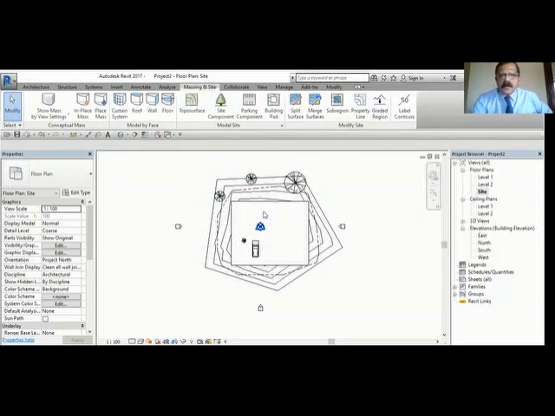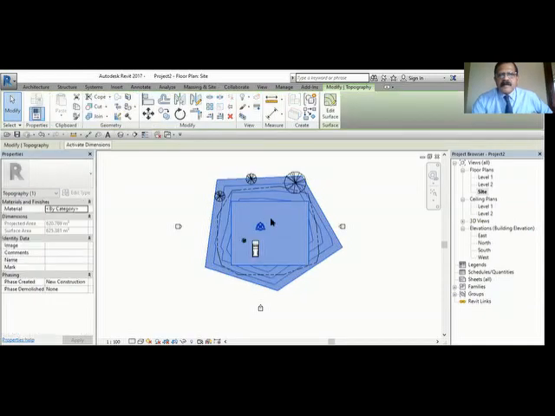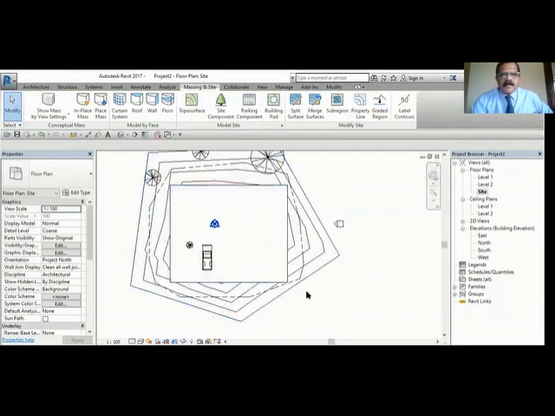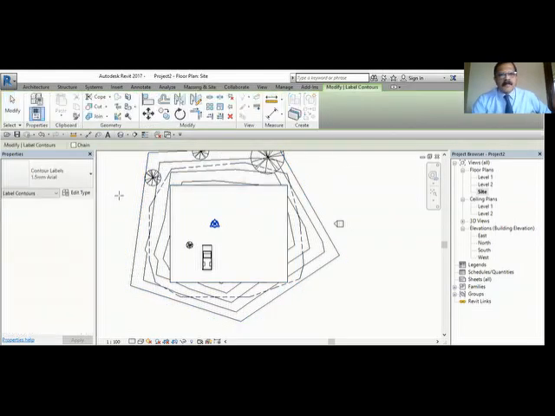I will delete this. You can see the marking here. This contour. So if you want to mark that contour, you can use the label.